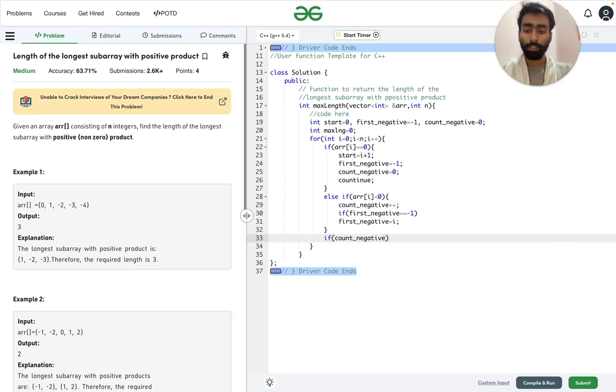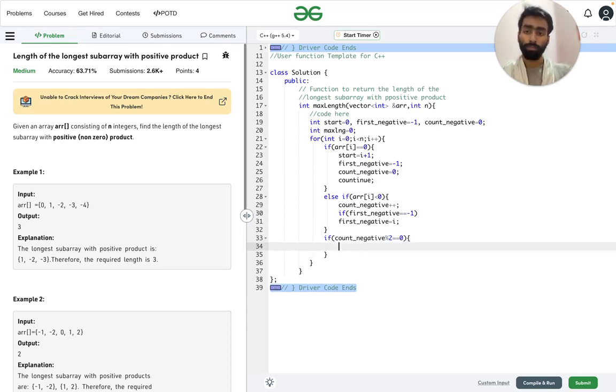If it is divisible by 2, then it is even, that is of our use, so we will use the max function to set the value of max length, that is max length and the value of the negative index which is making it negative minus start index plus 1.